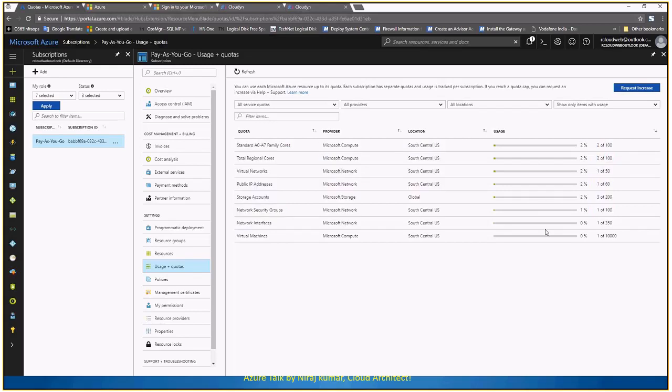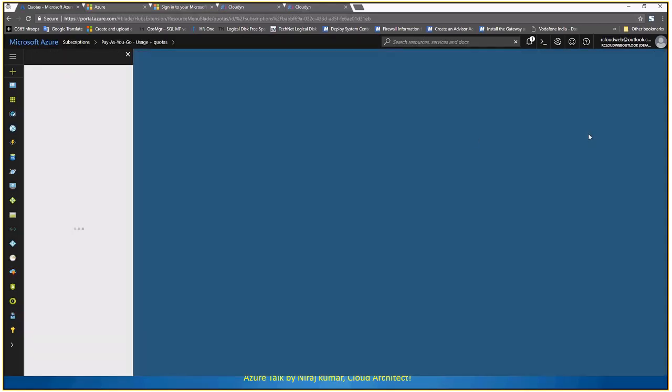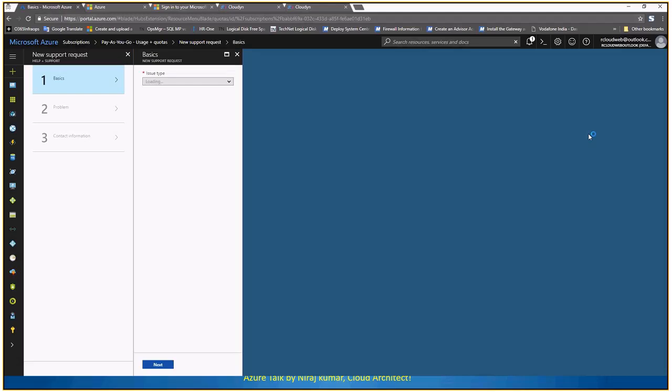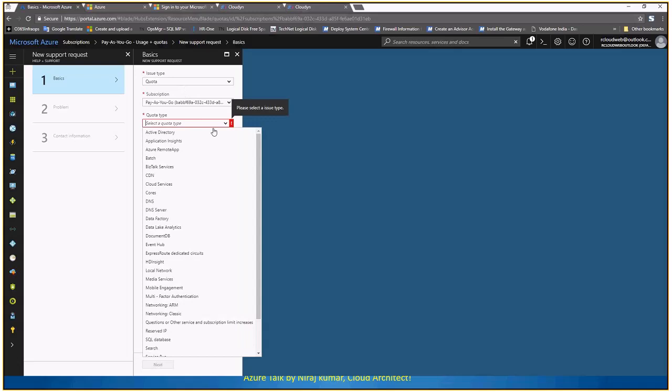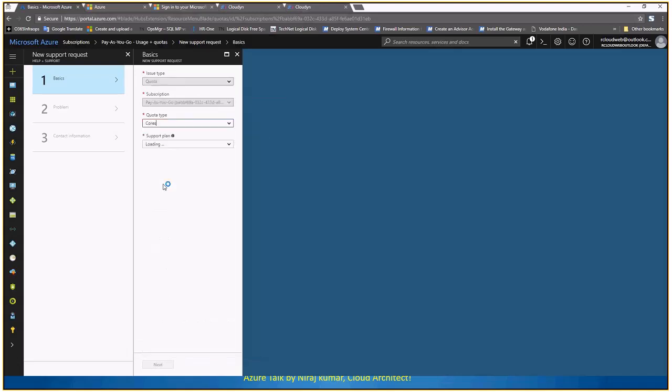By default, whenever you go and buy a subscription, Microsoft will assign the default quota to you. And if you want to increase it, you just go ahead and raise the request. While creating, you can request an increase either here, or from Help and Support, where you get quota and then increase the quota. Suppose I wanted to increase the cores, I wanted to go ahead and